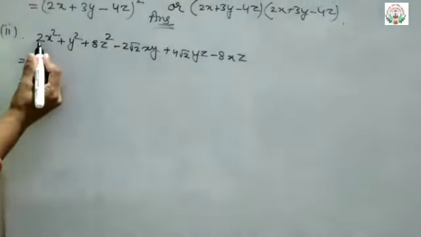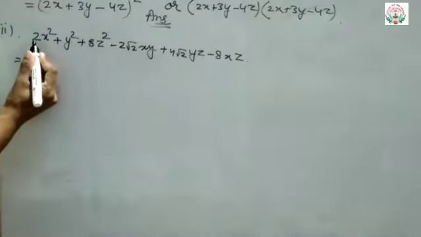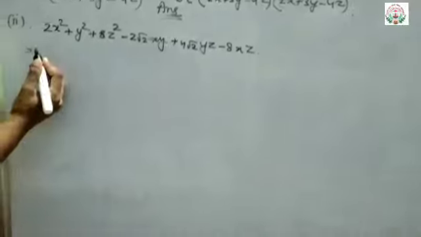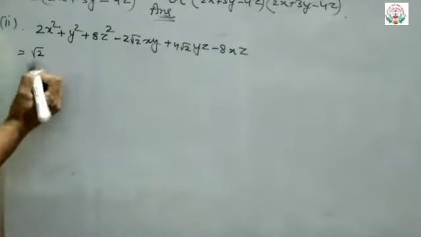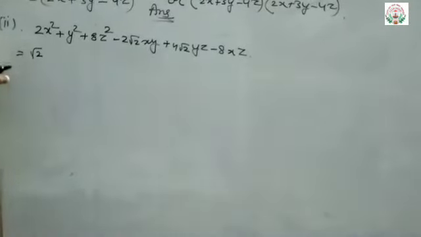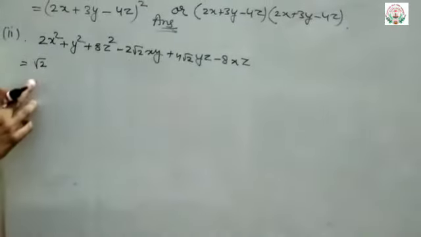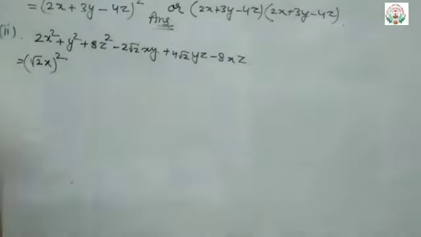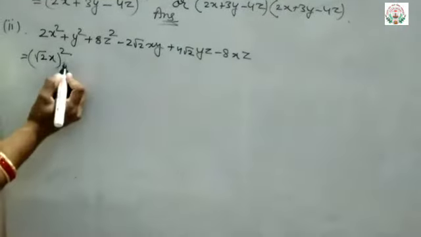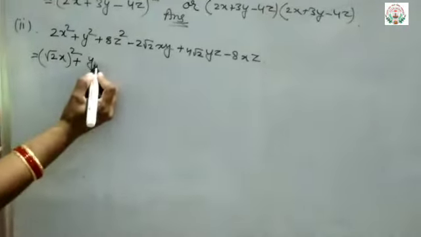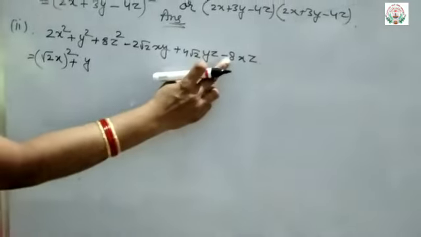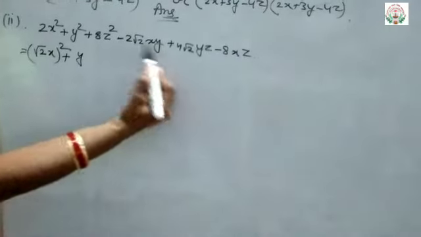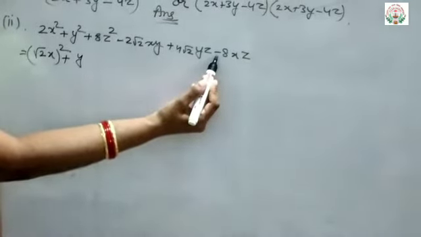Now see, 2 is there. You know that 2 is not a perfect square. Right? But if I write root 2, so root 2 square will be what? 2 you know. So I can write likewise. Then x whole square. Is it clear children? After that, what is the next value? That is y. Here you can see, here first value is minus. Here last value is minus.